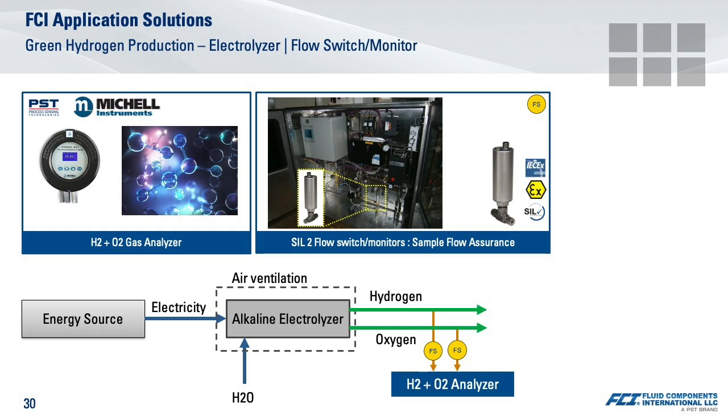This is an important measurement since many signs of process upset will result in unbalanced yields of H2 and O2, as well as provide early indicators of issues in the overall electrolyzer operation. Monitoring flow in both the hydrogen and oxygen sample lines ensures you are reading real-time process data. For instance, without flow monitoring, and for some reason one of those sample lines became plugged, you could be analyzing